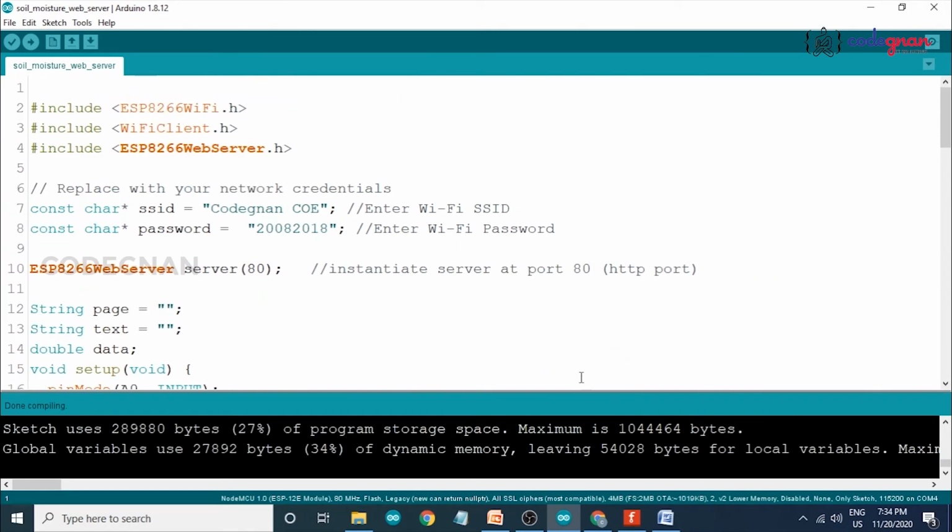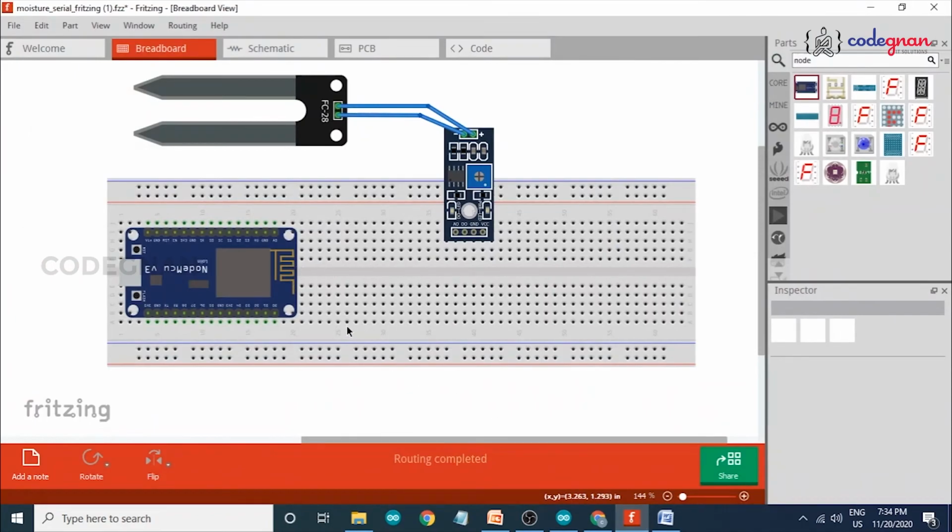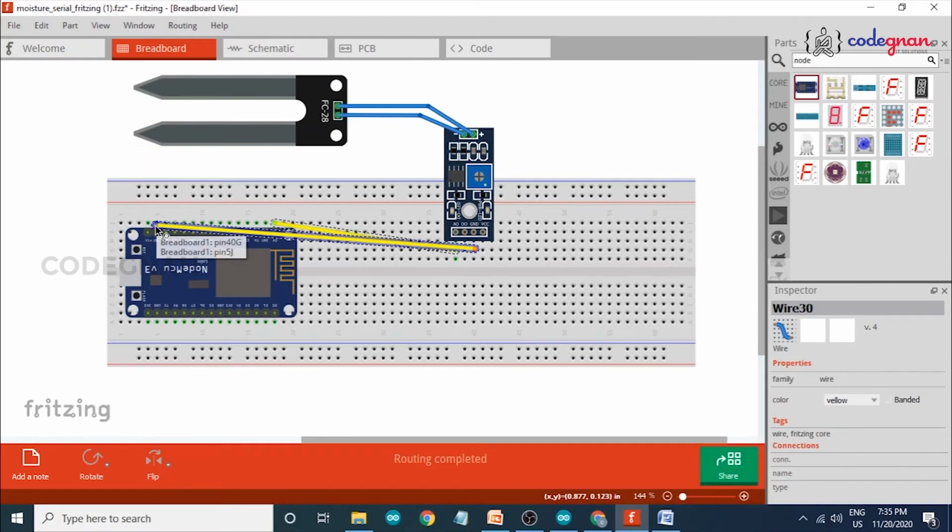Now coming to our circuit part, open our circuit software. This is our NodeMCU. This is our soil moisture sensor. It contains analog, digital, ground, and VCC. Now we are using the analog value, so we have to connect it with A0 of the NodeMCU. The ground pin is directly connected to ground of the NodeMCU.